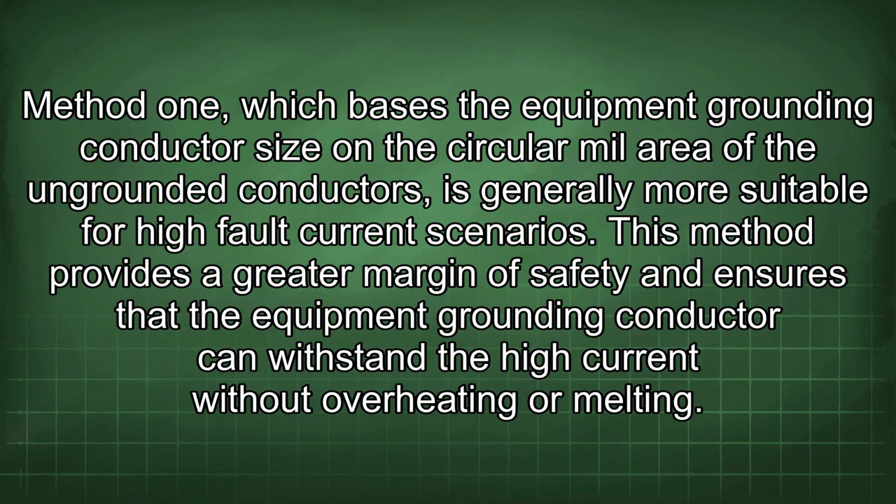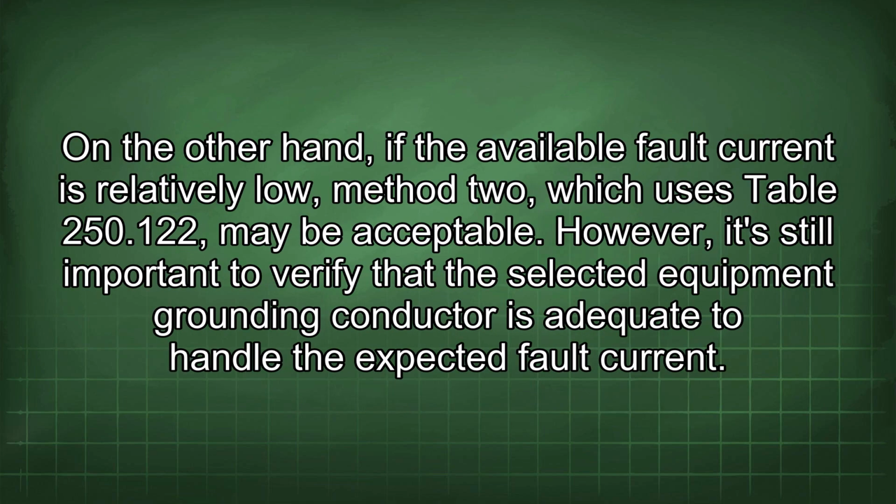Method 1, which bases the equipment grounding conductor size on the circular mil area of the ungrounded conductors, is generally more suitable for high fault current scenarios. This method provides a greater margin of safety and ensures that the equipment grounding conductor can withstand the high current without overheating or melting. On the other hand, if the available fault current is relatively low, method 2, which uses